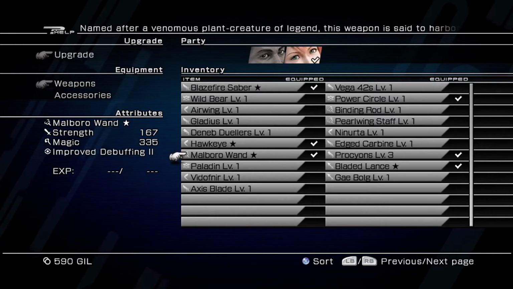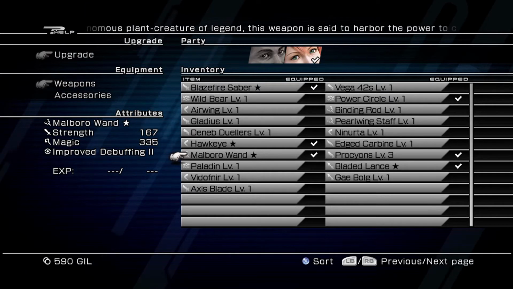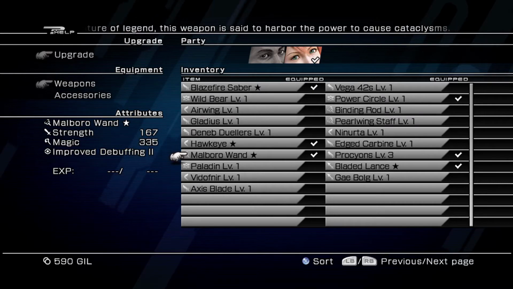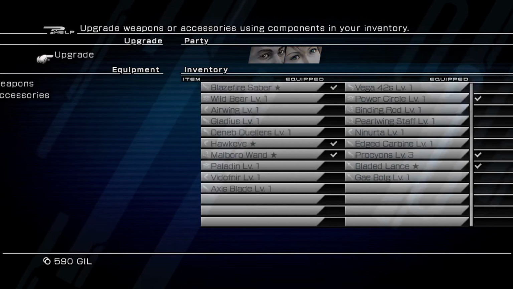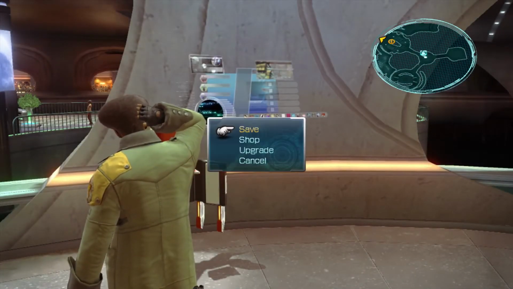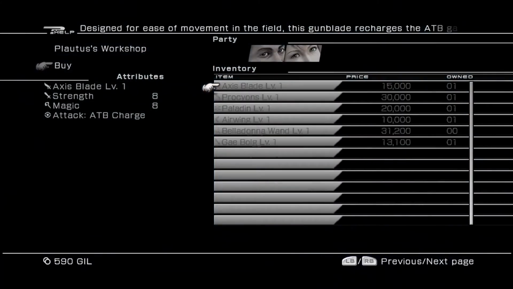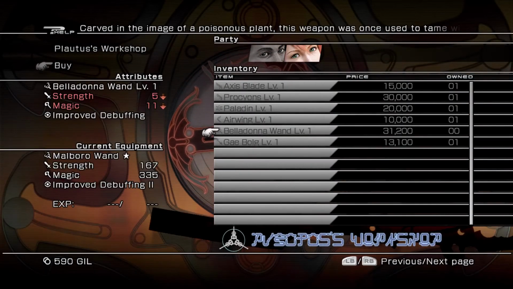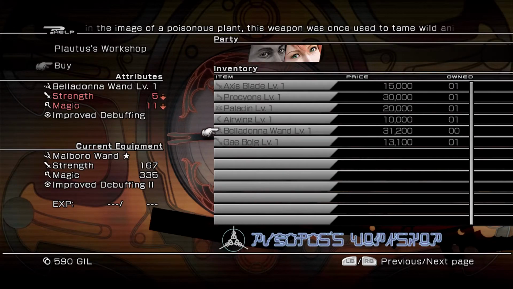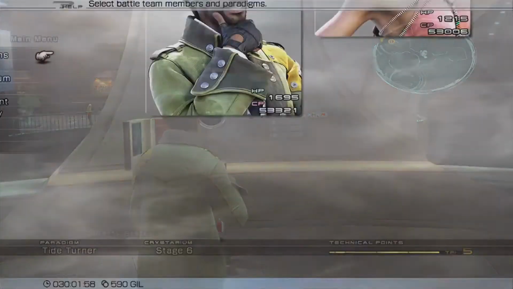For comparison, here are the stats of this weapon now. It's taken a lot of gil, a lot of time, but we can compare it to the base version, which I am able to buy, which was 5 and 11, which I can show right now. 5 and 11. That is the importance of upgrading weapons. It takes some time. Like I said, it gets easier the further in you go,